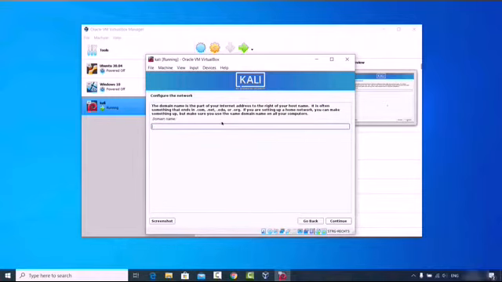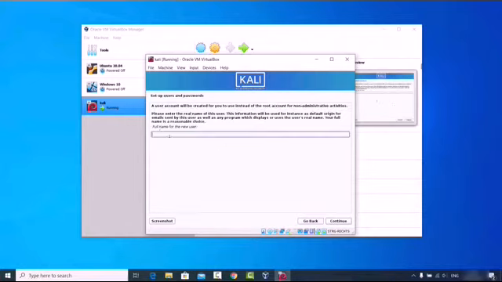On the next window, you can choose the domain name. If you don't have a domain name, you can leave it blank, and I will also leave it blank and click on continue. And now it's going to ask for the full name of the new user. Here you can provide the full name of the user. For now, I'm going to provide, let's say, Codebind in my case, but you can provide any other name as the full name.